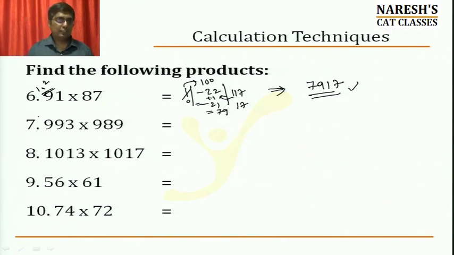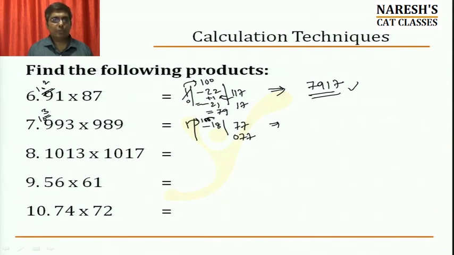Look at the second one. Here the base is what? 10 cube. And what do we have again? 1000 minus 7, 1000 minus 11. Again same story. 1, minus 7 minus 11 minus 18, minus 7 into minus 11 will be 77. But because the base is 10 cube, we need 3 digits. So 77 has to be written as 077. Minus 18 again, because it's a negative number, carry forward.